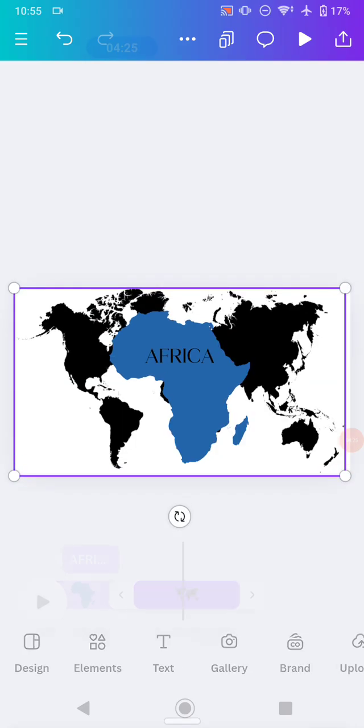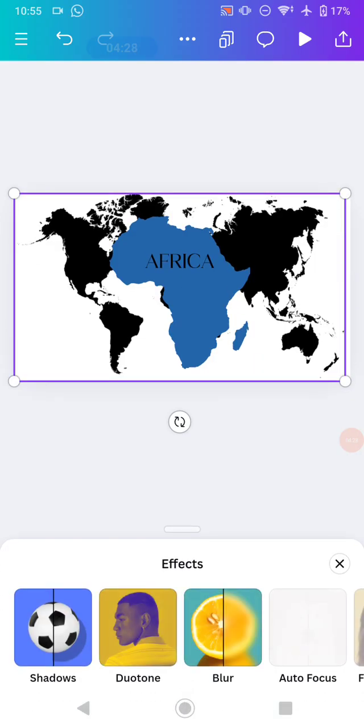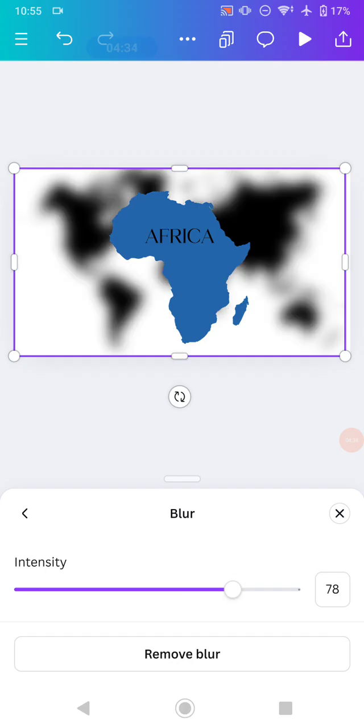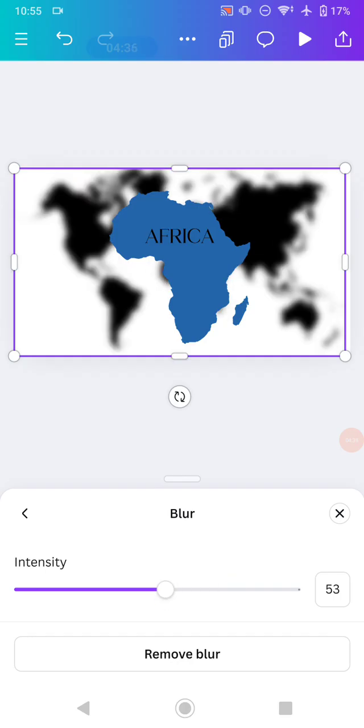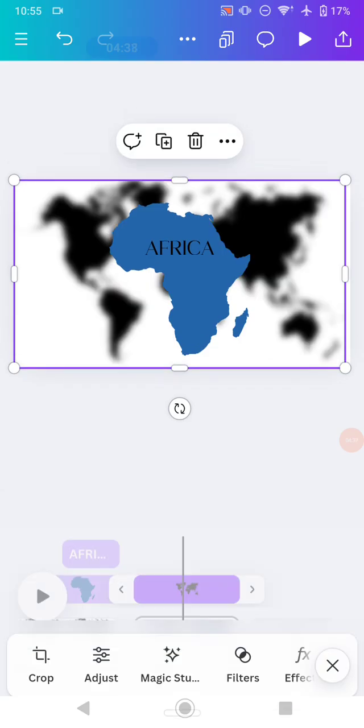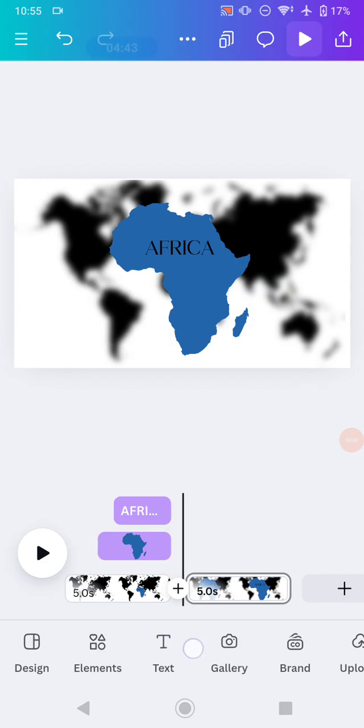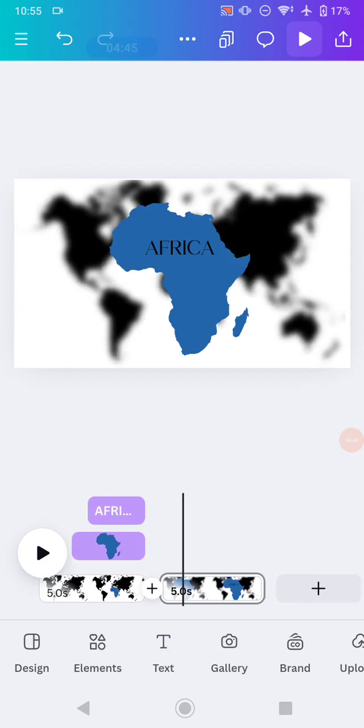go to effect and add a blur effect onto it. Click blur and increase the intensity of the blur. I think I'm going to increase it to 50 like this. And now when you're done adjusting every element on the second page, you need to click this plus button and